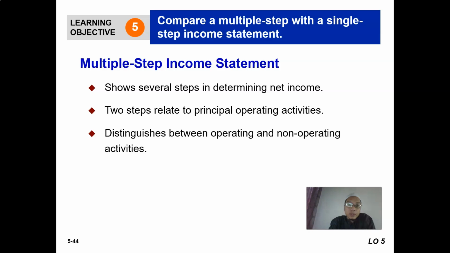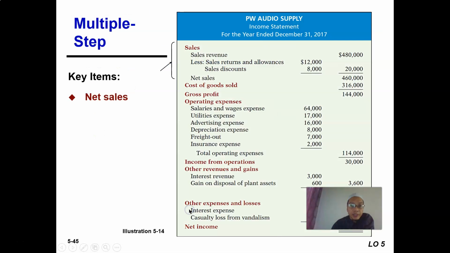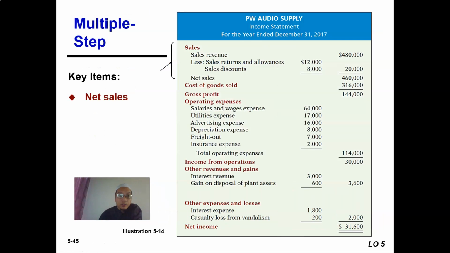Well, we look at the multiple step income statement. It shows several steps in determining net income. There are two steps that relate to principal operating activities, and it distinguishes between operating and non-operating activities. Operating activities are activities that are essential to run the business, whereas non-operating activities are those usually additional to the core business. It's not part of the core business. Let's see the example of the accounts. So this is the multi-step